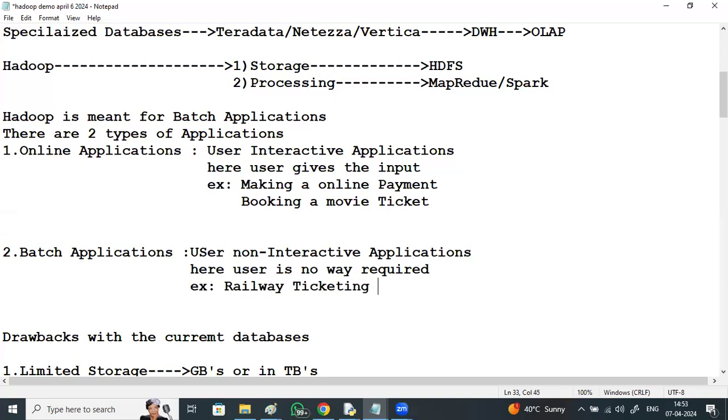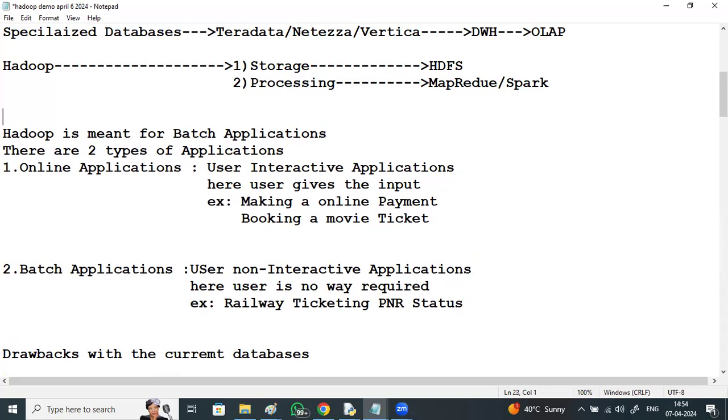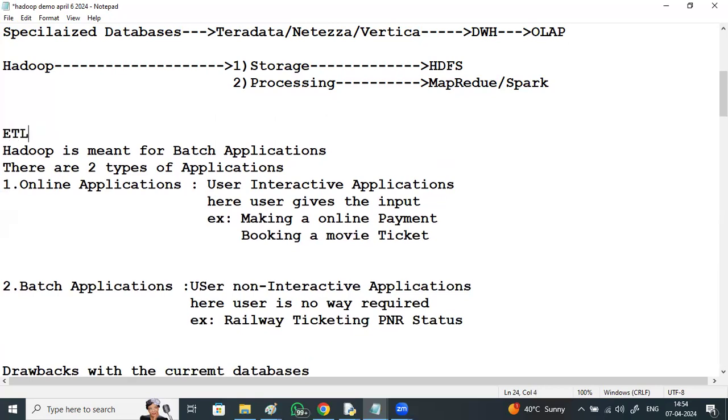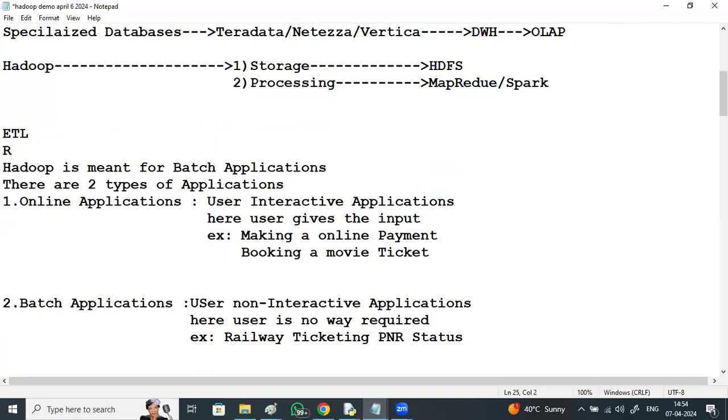Sir, one question. Is Hadoop similar to a data warehouse? So here, ETL, ELT. Generally we follow ETL, with Informatica, Talend, and so on, but Hadoop follows ELT. In ETL it is extracting, transformation, loading. Here it is extracting, loading, and next transformation.